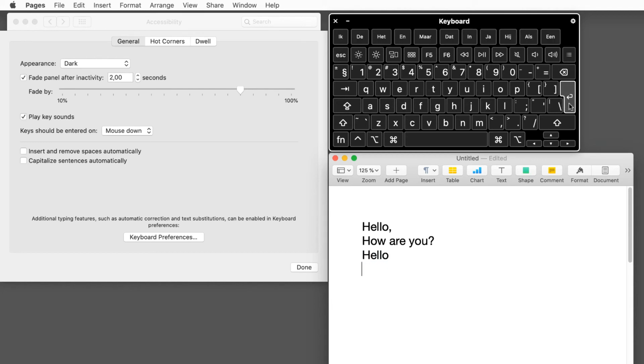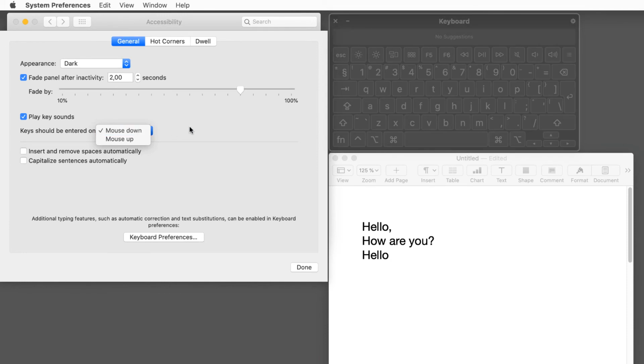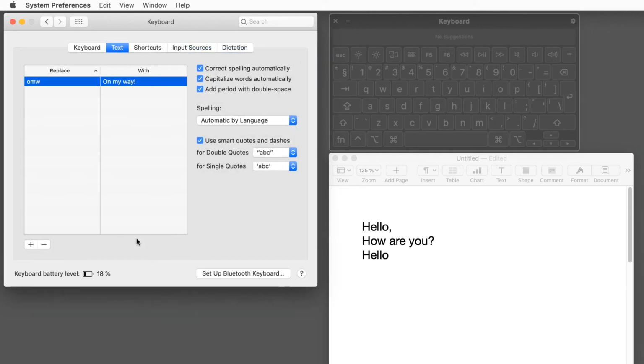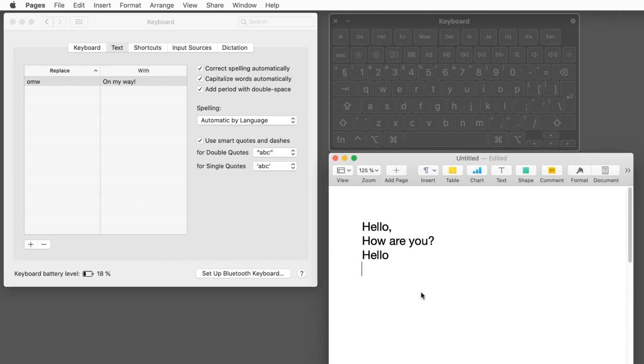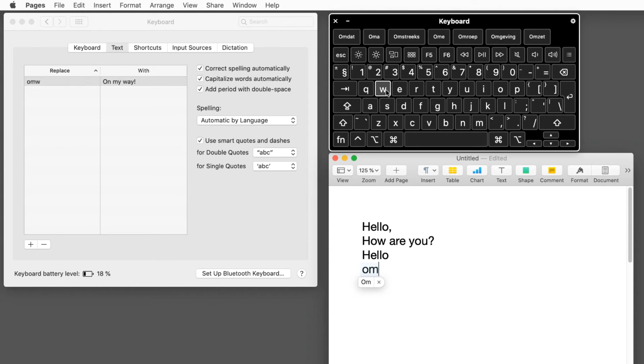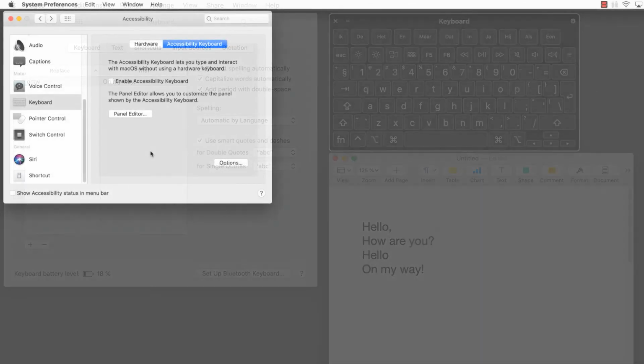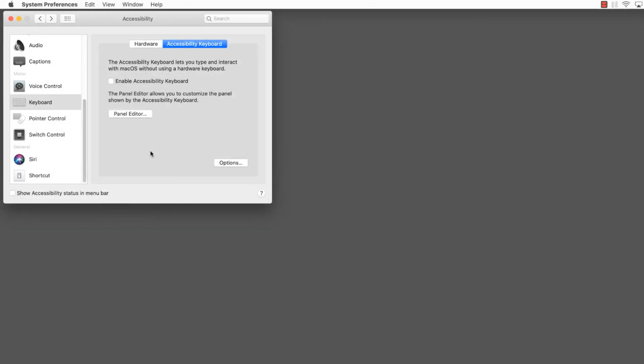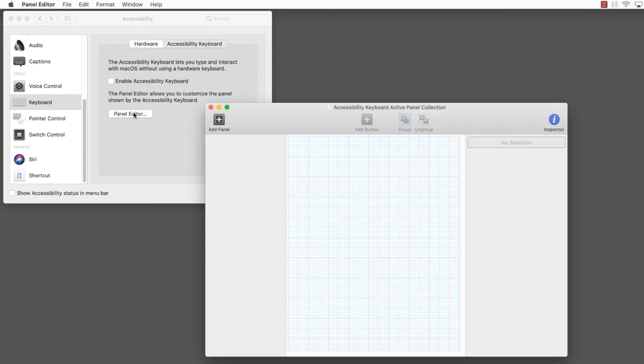You can start a typing operation on mouse down or mouse up. There are typing aids to enter spaces between words or to capitalize sentences automatically. More keyboard-related options can be found in the Keyboard Control Panel. These options may improve your typing experience, but they are not directly related to accessibility and therefore will not be explained further here. If you want to assemble your own keyboard panel, you can use the Panel Editor.